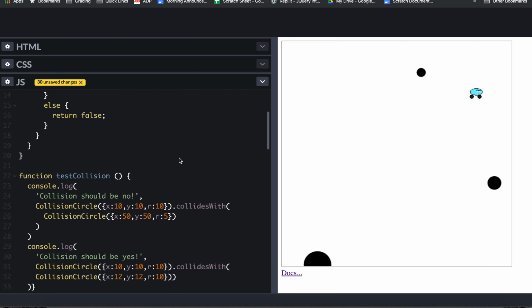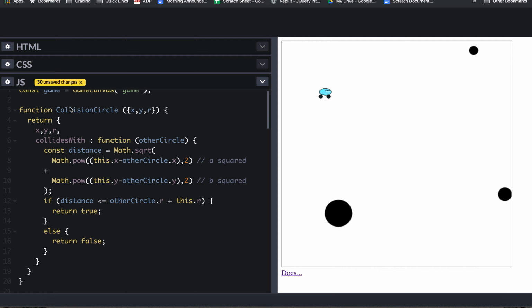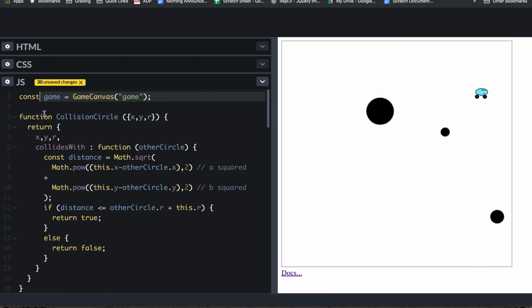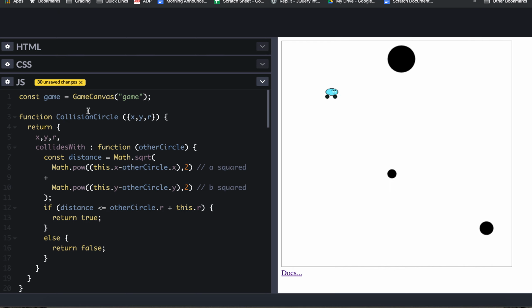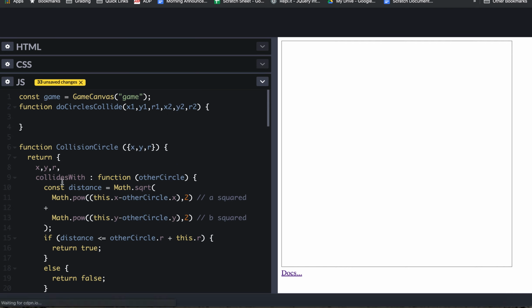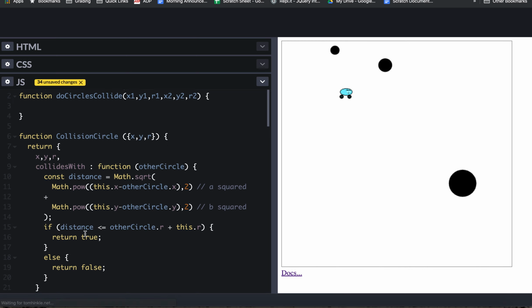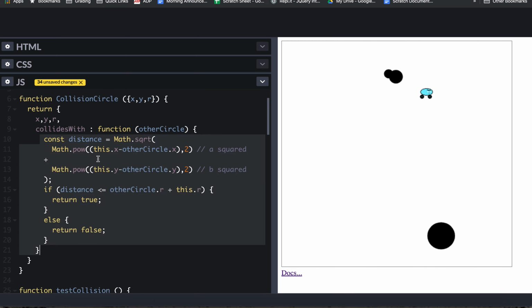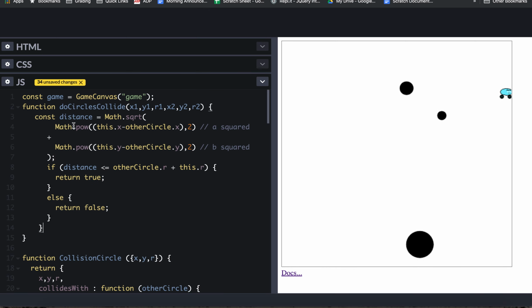All right. So I built a simple circle collision detector. You could make that different. If you preferred, you could make a function, do circles collide, that took x1, y1, r1, x2, y2, r2. That would be perfectly fine too. And that would look almost identical to this, except these thises would become